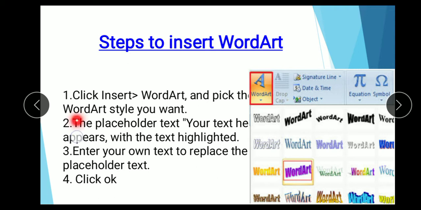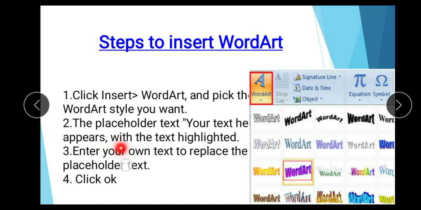Step 2, placeholder text. Your text appears highlighted. When you click any word art option, you can write any text there, and the placeholder text is highlighted.